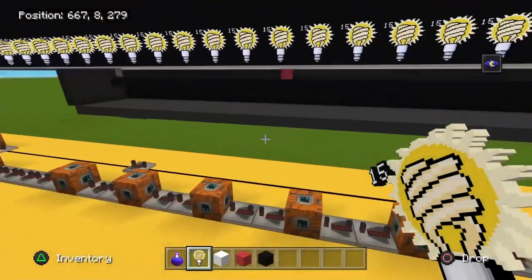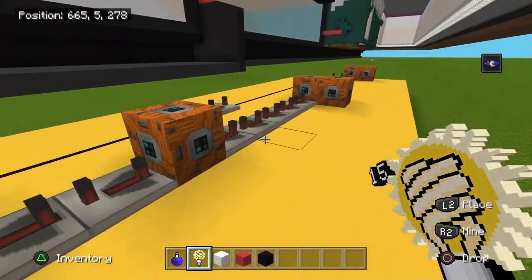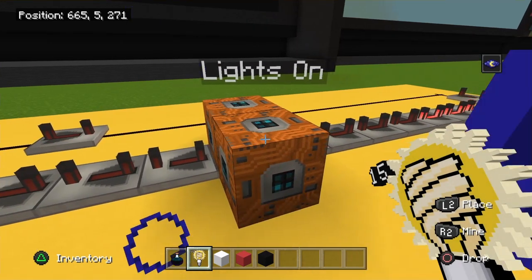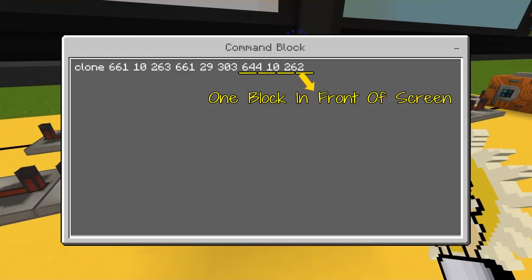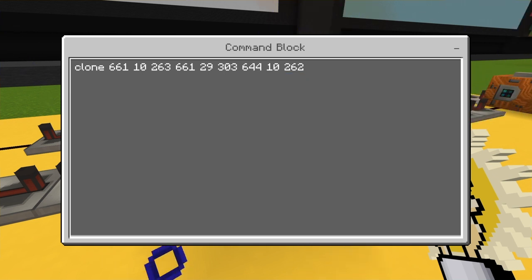Those coordinates are going to go right in here where we have lights on. And again, it's the same exact clone command. It's got the first, second and third